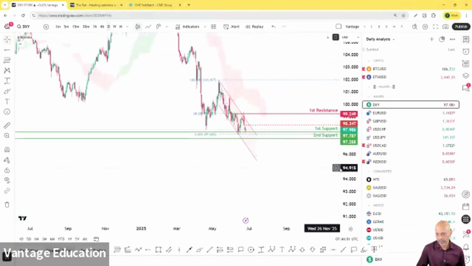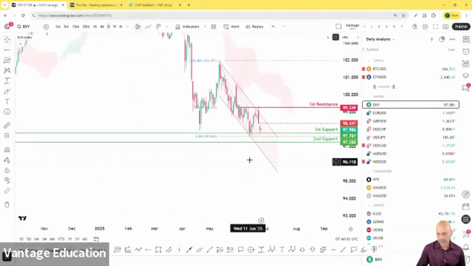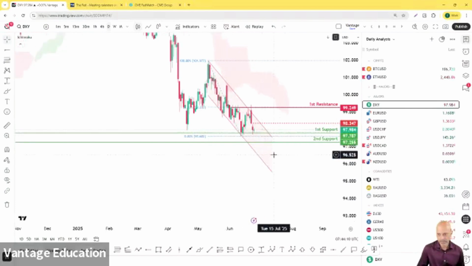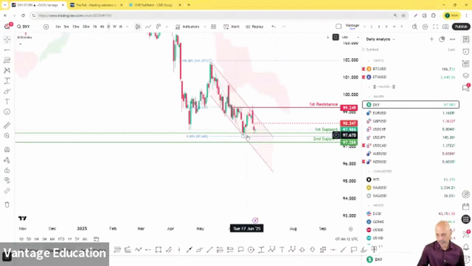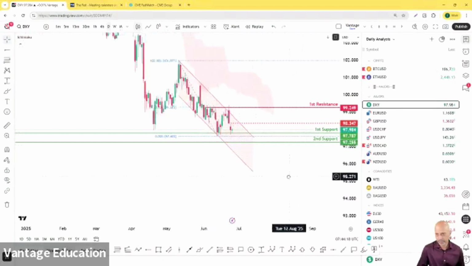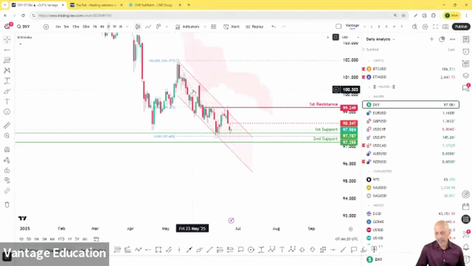Right, as you can see here, if this level, the first support right at 97.70, does give way, perhaps at some point this week or maybe next week, the next major support for the dollar index is going to be coming in at 97.25, which is a pullback level. Now, for that as well,